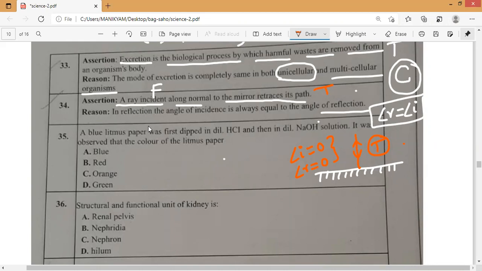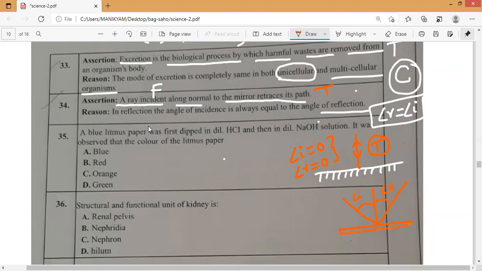Sir, in refraction, how will both angles be equal? The angle of refraction will be smaller only, sir. By the time it is traveling, that is what I said. The law of reflection is always there. For refraction we get Snell's law, sin i by sin r equals a constant always. That is the second law. And in reflection, the angle of incidence is always equal to the angle of reflection, i equals r. That is how to remember.